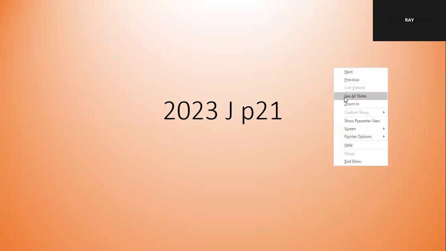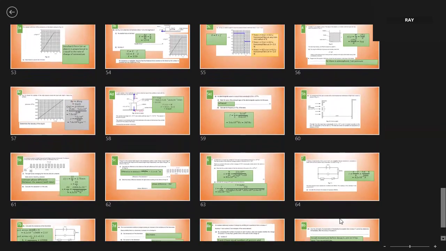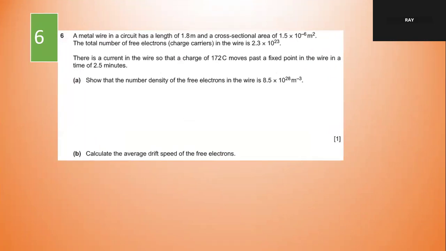Okay, let's do number 6. Number 5, yeah, okay, we have done already. Okay, number 6. A metal wire in a circuit has a length of 1.8 meter, cross-sectional area that total